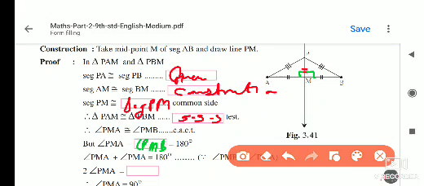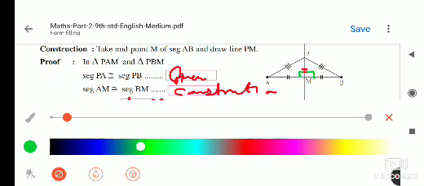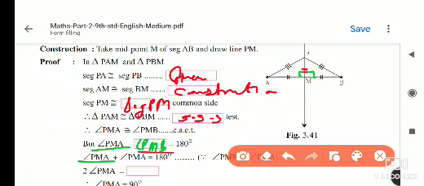But here we showed that PMA is equal to PMB, so you can replace PMA with PMB, or PMB with PMA. So here in our activity they replace PMB with PMA, if you see here. This angle is replaced with this, since PMB is congruent to PMA. So its measure is 180. So PMA plus PMA, 2 PMA, is 180, and this 2 goes to the other side for division. So 180 divided by 2, PMA is equal to 90 degrees.